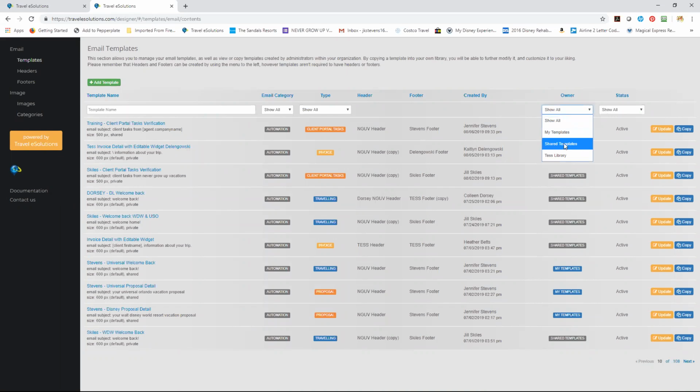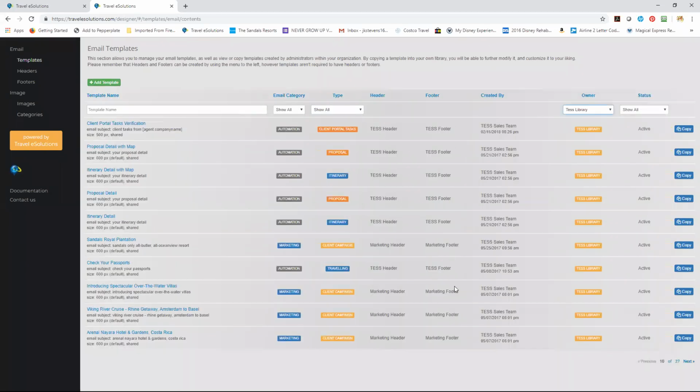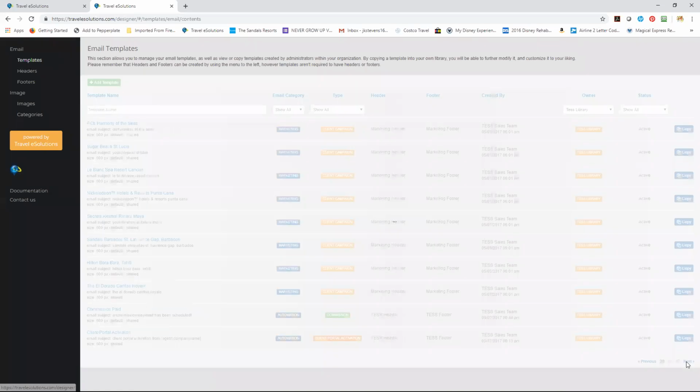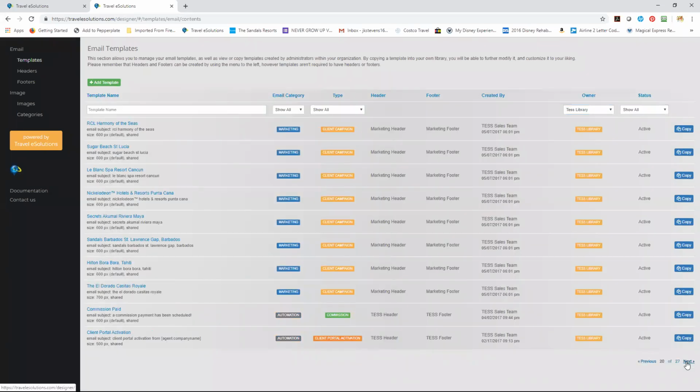let's see here. I would go and look at these test library ones, so you can sort it by owner. If you have any that are in there, it'll eliminate yours, but find ones. They have 27 of them, and some of them are very generic, like itinerary detail, proposal detail, that sort of thing. But notice they also have one for Sandals Royal Plantation. They have one for traveling, check your passports, get ready, here we go, talking about the spectacular over the water villas. So they have some actually resort specific ones, but see if there's one that you kind of like,